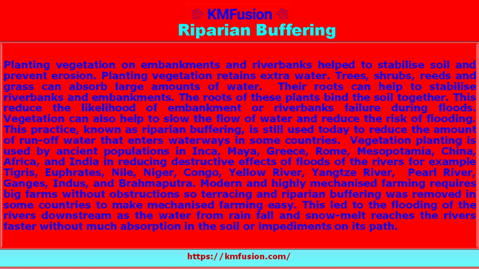Vegetation can also help to slow the flow of water and reduce the risk of flooding. This practice, known as riparian buffering, is still used today to reduce the amount of runoff water that enters waterways in some countries. Vegetation planting was used by ancient populations in Inca, Maya, Greece, Rome, Mesopotamia, China, Africa, and India